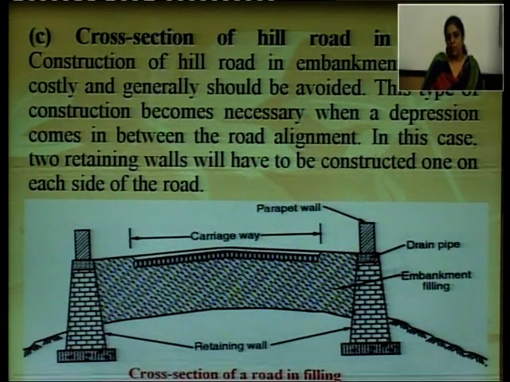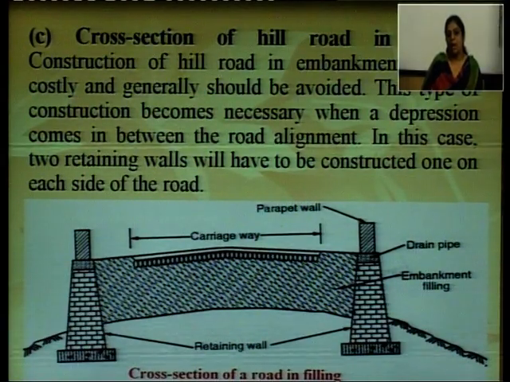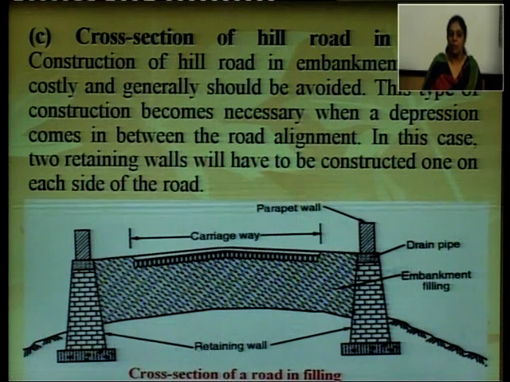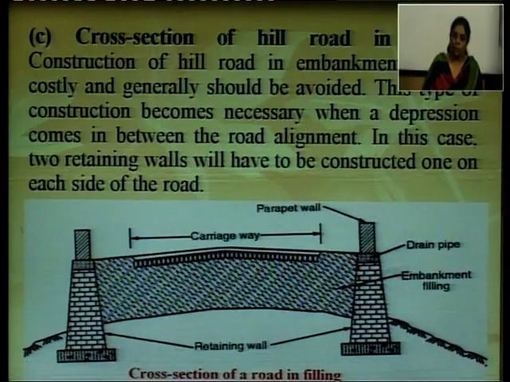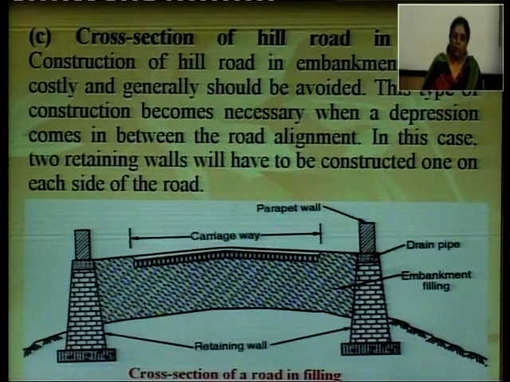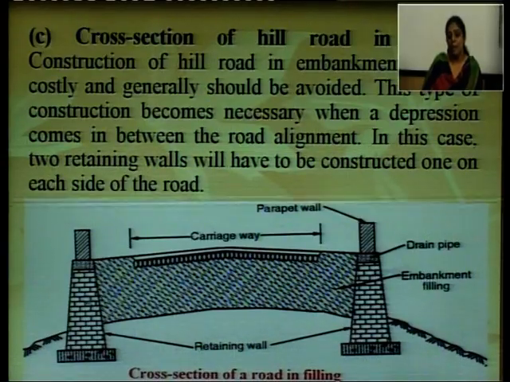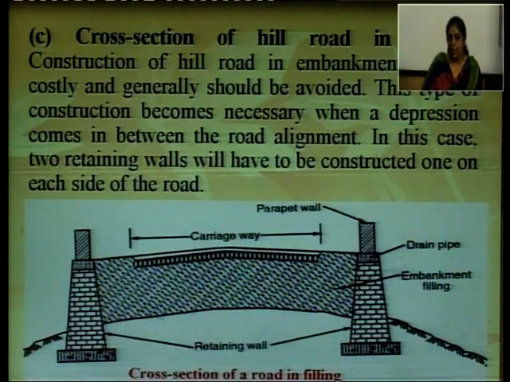This type of construction becomes necessary when a depression comes in between the road alignment. In this case, two retaining walls will have to be constructed, one on each side of the road. So, if some depression comes in between along the alignment of the road, then this type of construction is done. And in this